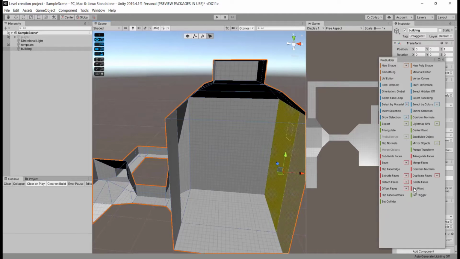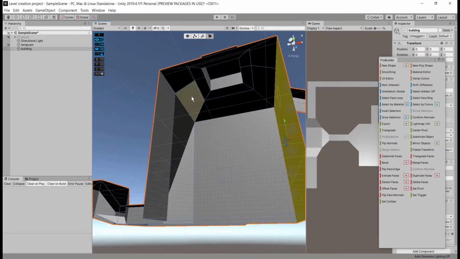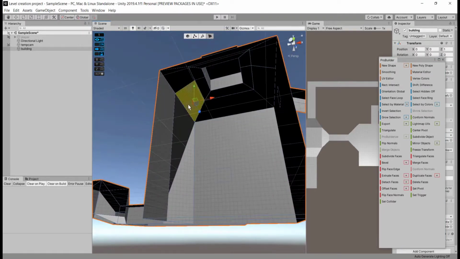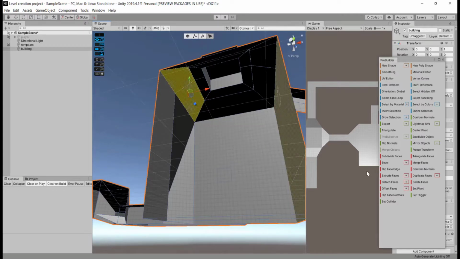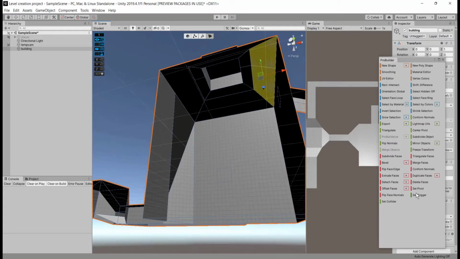You can select them and merge faces so that they merge to become one. Also, you can check if you have multiple faces that are actually doing no special thing to the look of your level, just select and merge them.